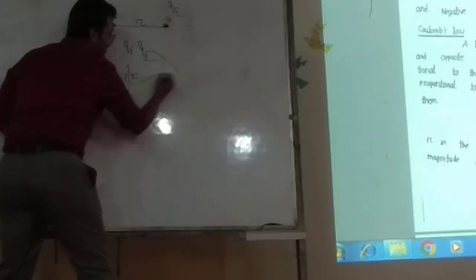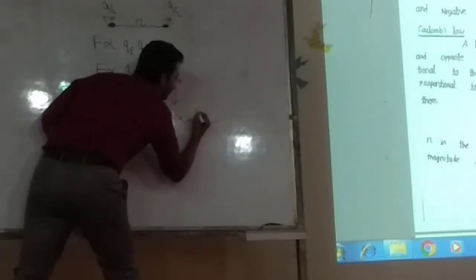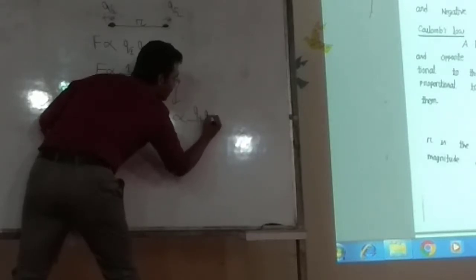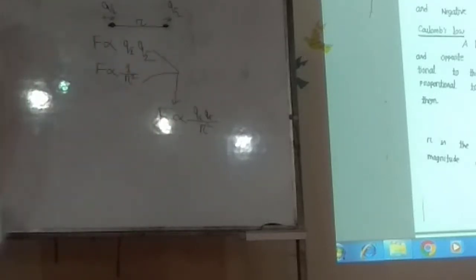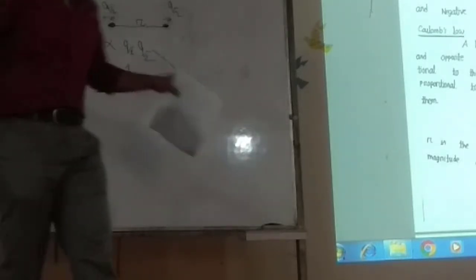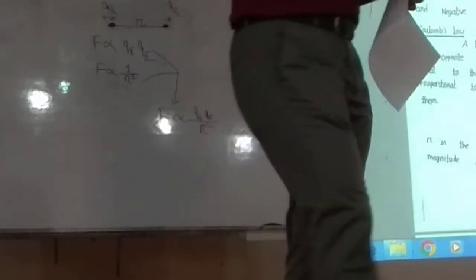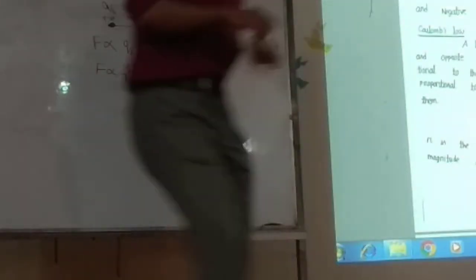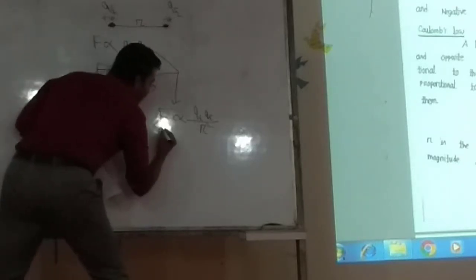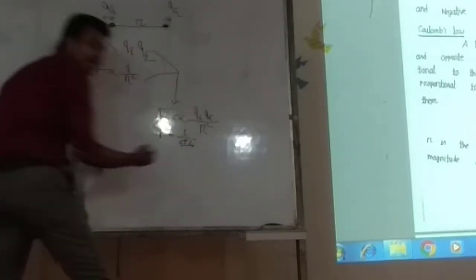From these two equations, we get F proportional to Q1 Q2 by r square. Okay, now we want to remove this proportionality sign. If we want to remove a proportionality sign, we have to put in a constant, right? In physics or chemistry, in any branch, if you want to replace a proportionality sign, you have to put a constant. So in this case, it is an experimental proof that F equals 1 by 4 pi epsilon naught